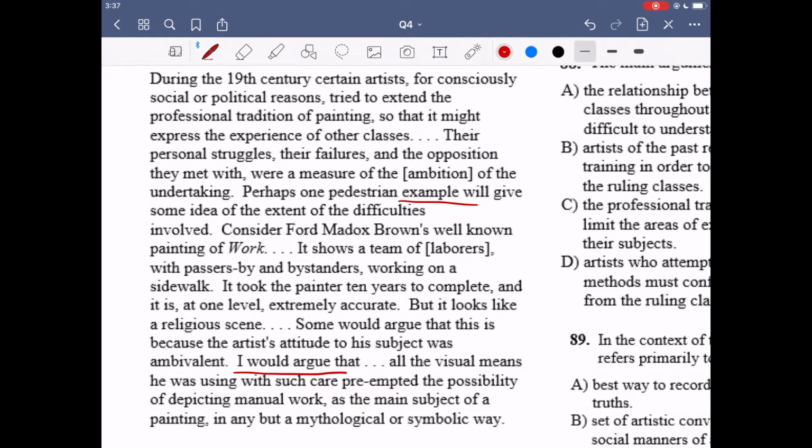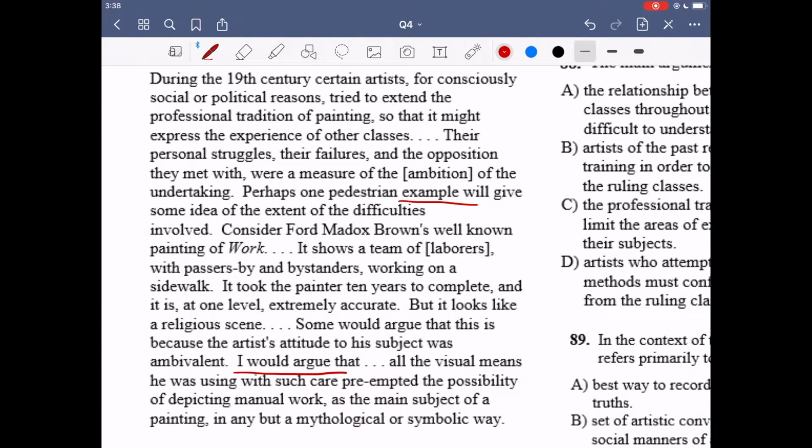So in this case, the author is saying that sometimes, and he gave an example, artists try to go outside of the conventions of whatever learning they've received, but it doesn't really work successfully. So in this example, Brown made a painting, even though it took so long, it took 10 years to complete. It was accurate in the subject that it was portraying, but if you actually look at it, it looks like a religious subject or painting,